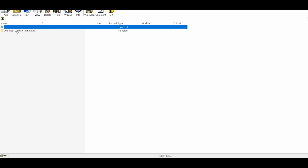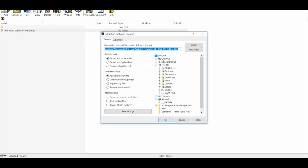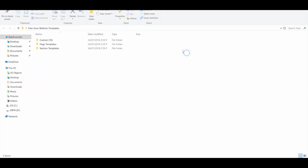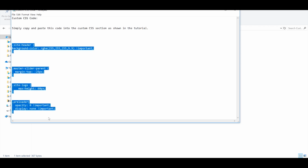So what we want to do is we're just going to take this folder here and we're going to extract it somewhere. So I'm just going to put it onto the desktop because that's going to be the easiest place for me to put it for you guys. So we're just going to say OK. We're going to see this one here, and we're going to have our one called custom CSS. So all I want you to do is open this up, and don't worry, all we need to do is copy and paste that,